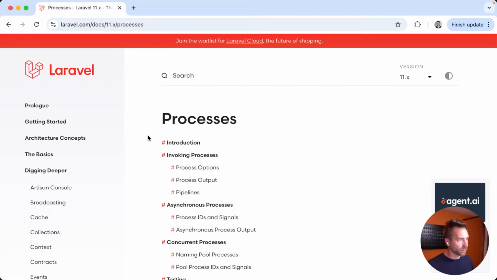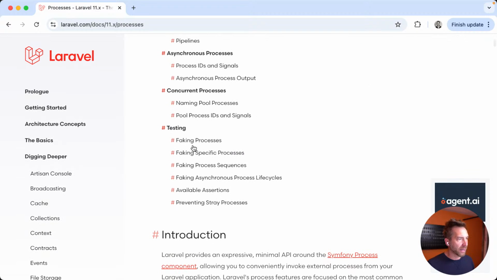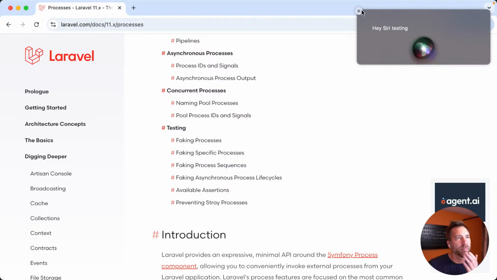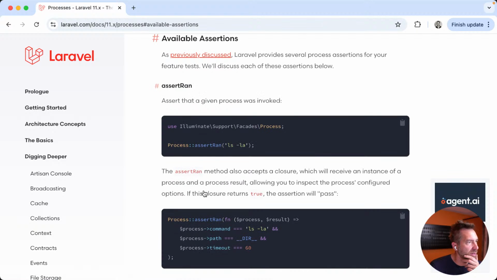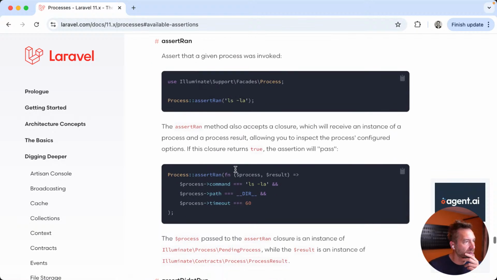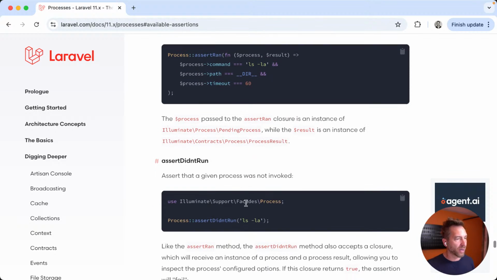So let's do asynchronous. Okay, yeah, testing. Oh, I don't want to talk to you. Oh my goodness. Okay. Preventing stray requests, we got that. Faking specific processes, not sequence. Let's just see available assertions. Assert ran. Here we go. Process result. Process command is that. Process path, process done. Okay, so what we would want,